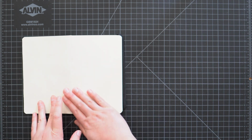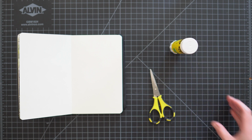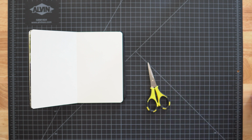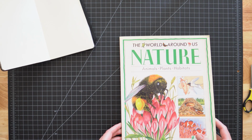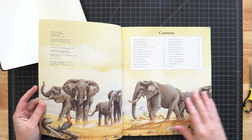I figured it was about time for us to do a new spread and continue to fill up this journal. Also, you are getting voiceover Rosie today because I didn't feel like being on camera and I made this collage in my pajamas. I pulled out this nature book,